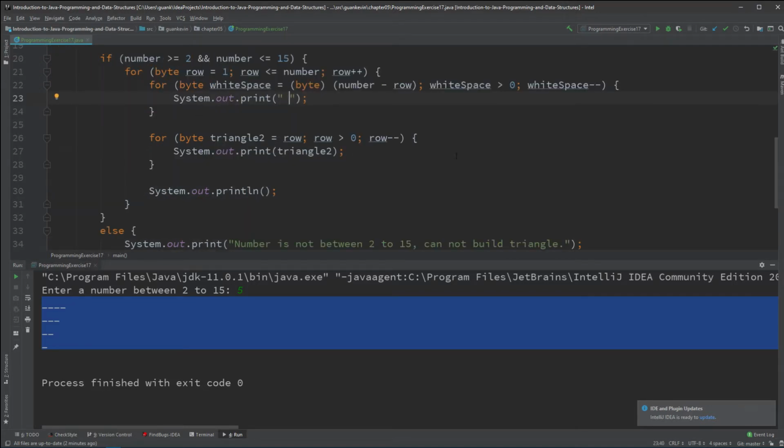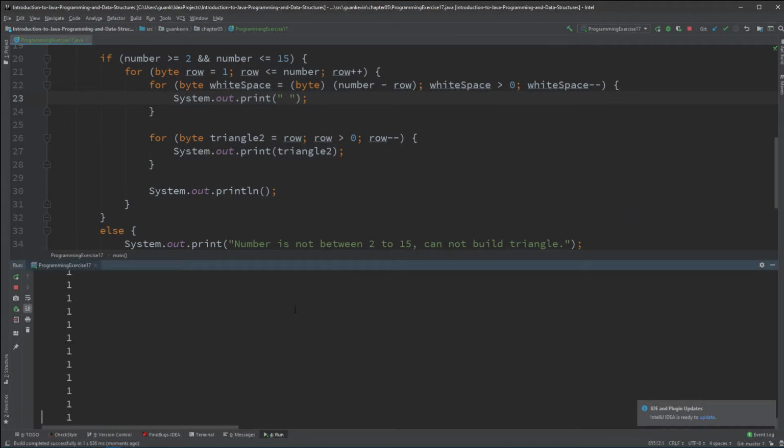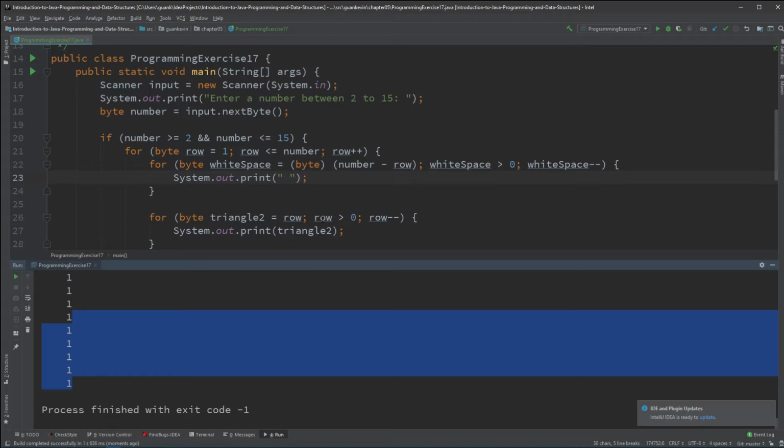All right, so this looks good, but let me run it and make sure it is coming out. All right, so bam. Now we see an issue. Let's stop that and let's verify what we did wrong here. So we have triangle 2 equals the row. The row will start at 1, and that's why it keeps displaying 1. But here's the thing, as long as row is greater than 0,